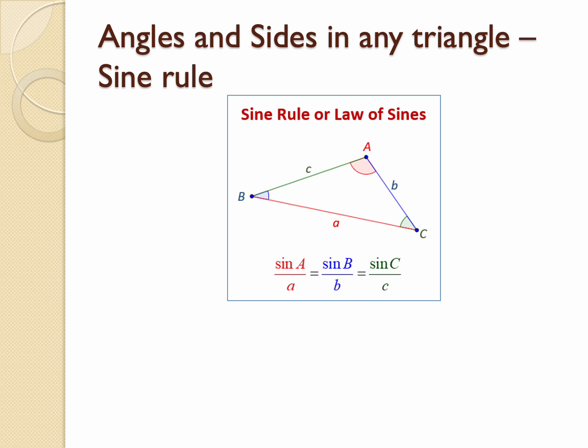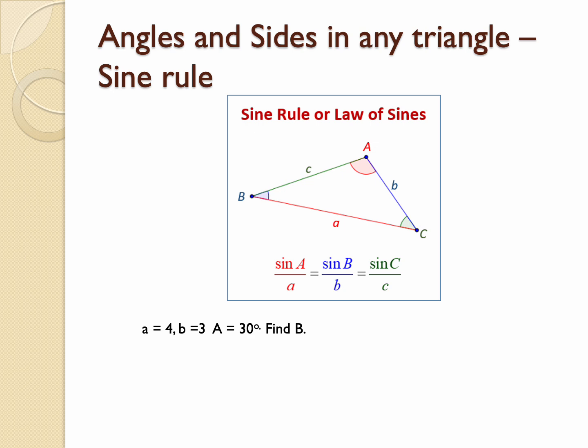So what can we do to work out the sides or angles of other triangles that are not right-angled triangles? Well, we can apply some rules, and one of them is the so-called sine law, and it's written on your screen. Suppose for a non-right angle triangle, we know two side lengths, a and b, and we also know an angle A, which is 30 degrees, and our job is to find the angle B. So we can use sine law to figure out this angle B. However, before we do that,